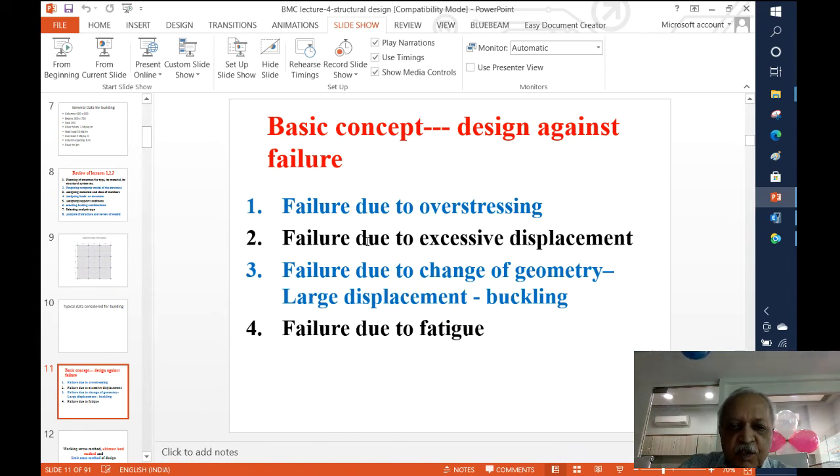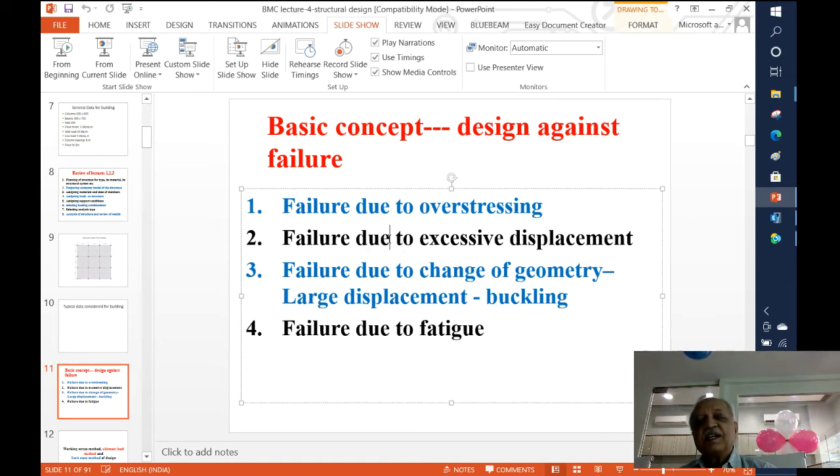Second criteria of failure, that for any structure that we consider, if it deforms excessively, then we say that no matter, it may be safe, but still the excessive deformation is not acceptable for various reasons, and therefore we will say that the members that we provide should ensure that the structure doesn't deform excessively. The third type of failure that we consider for members which are primarily either axially loaded or for long span beams is that they should not fail due to buckling.